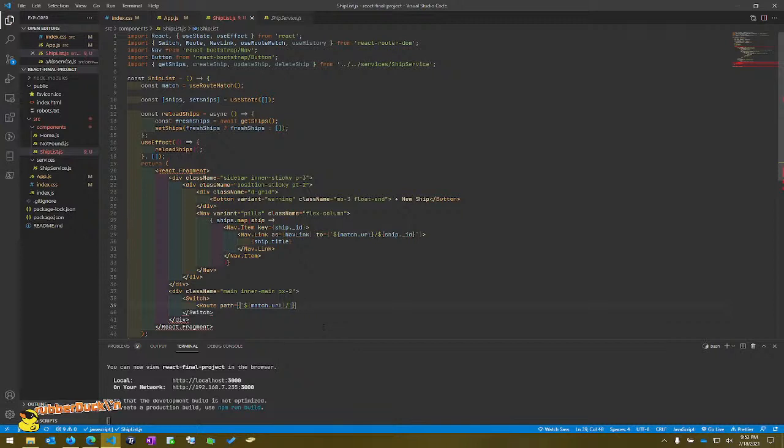And we need a colon on this. So that's what we're going to match. Again, this is what switches our view. If our path matches whatever current URL we are in, and then a ship ID, then